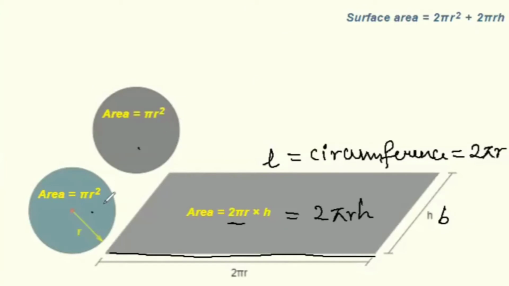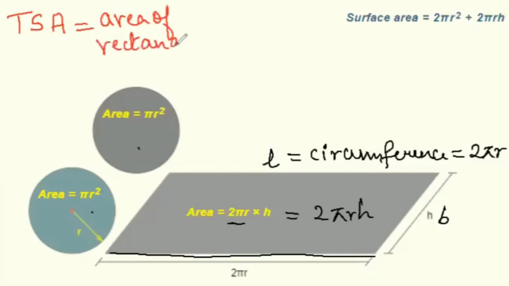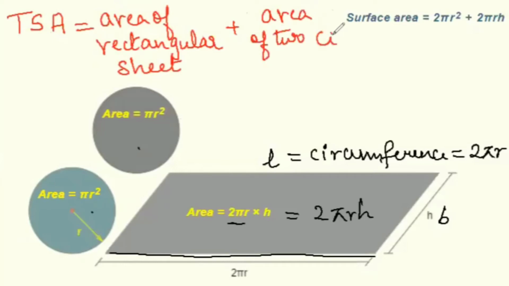So area of two circles, 2 times pi r square, right? So in this way, when we find the total surface area, total surface area will be area of the rectangular sheet, which we rolled to form a cylinder, plus area of two circular bases. Area of rectangular sheet is 2 pi r h plus area of two circular bases is 2 pi